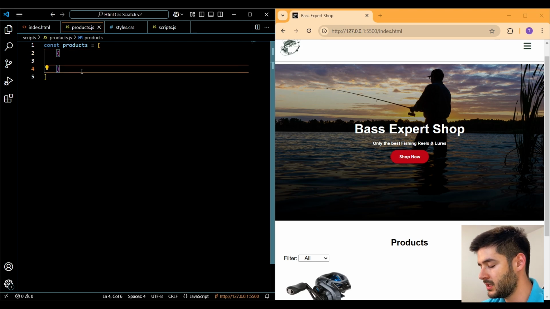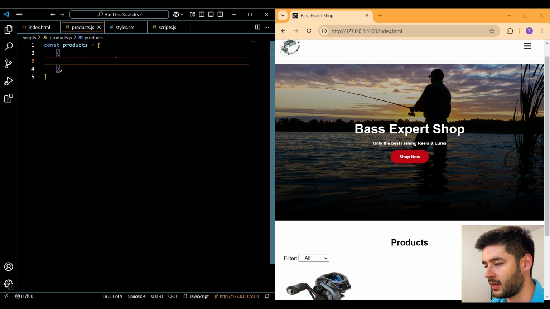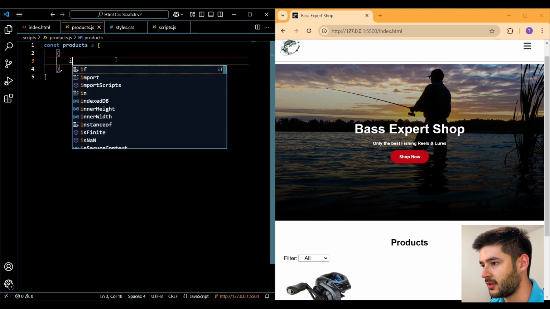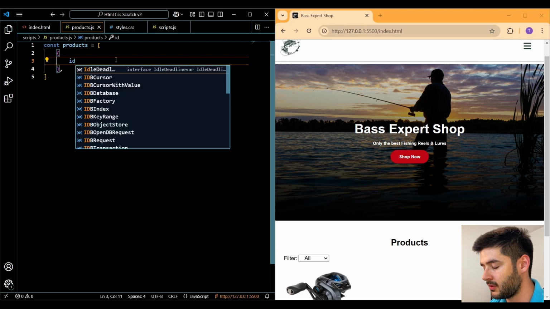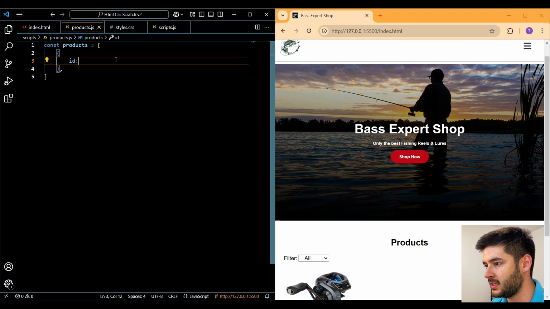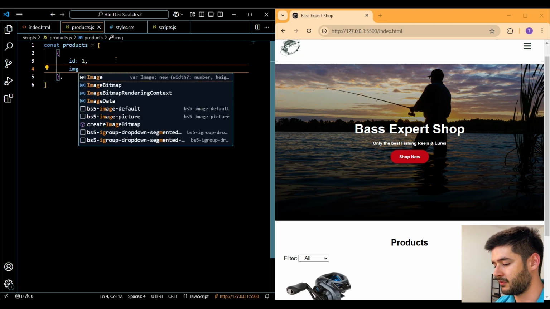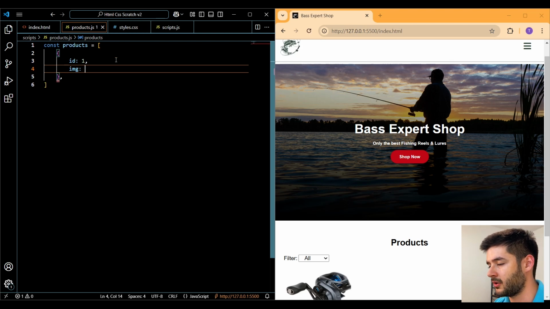And between each object, we want to have a comma. So in JavaScript, the way objects work is they have key value pairs. So the key that we're going to choose for this is ID, and this can be whatever you want, but starting off with an ID is a good practice when developing with JavaScript arrays and objects. So we'll say ID is 1,